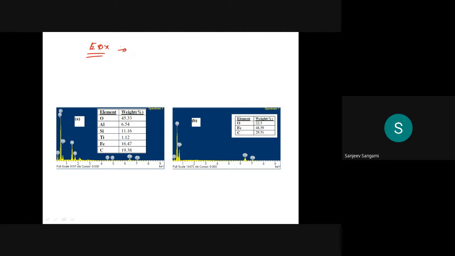This is one kind of experiment which you use to find out the elemental composition. Elements means, for example, Fe2O3, Al2O3,